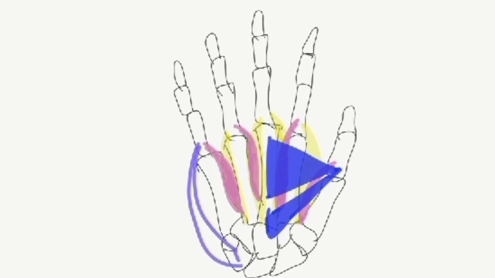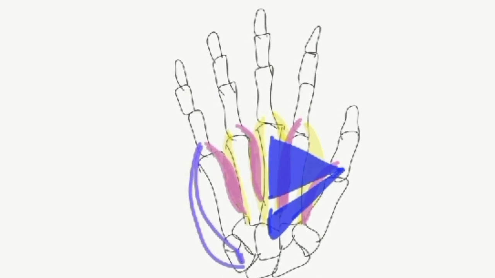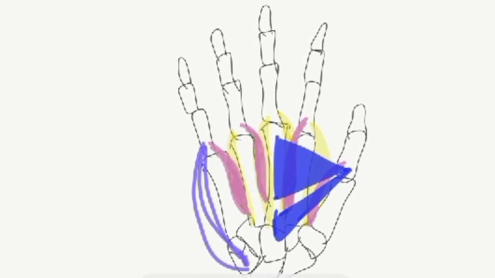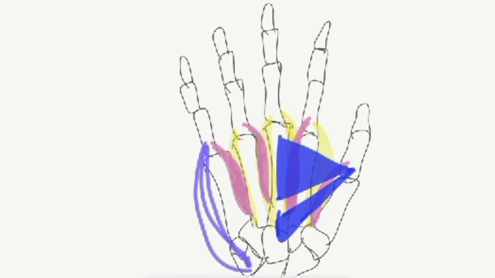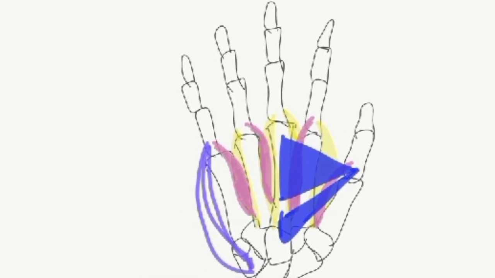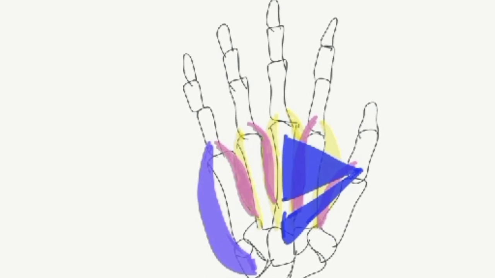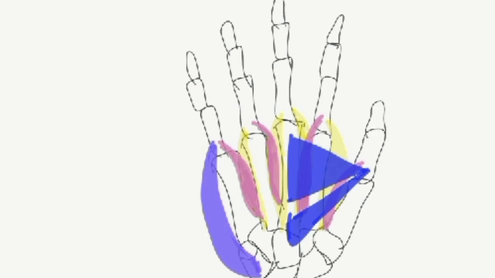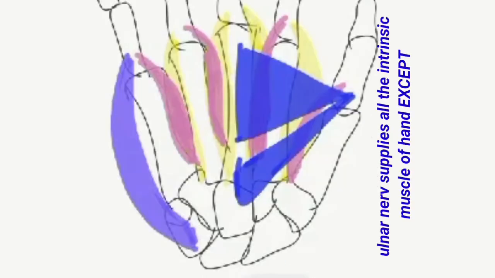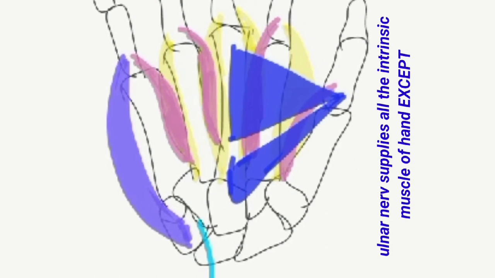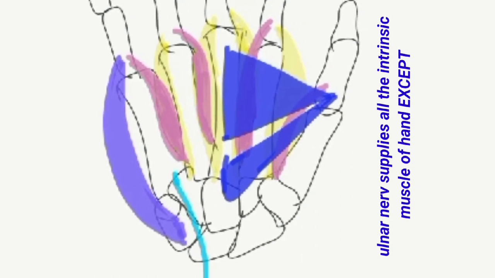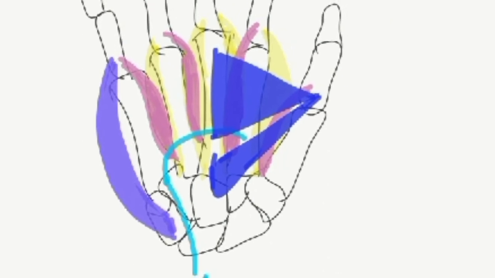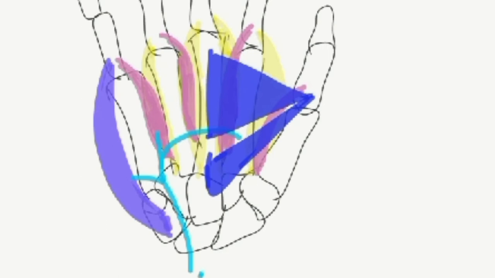Abductor digiti minimi, one of the hypothenar muscles, arises from the pisiform and the hook of the hamate, the medial pillar of the carpal bones, and is inserted over the medial side of the base of the proximal phalanx of the little finger. The deep branch of the ulnar nerve passes between the pisiform bone and the hook of the hamate, that is Guyon's canal, where it can be compressed, and enters deeply within the concavity of the palm and goes laterally.